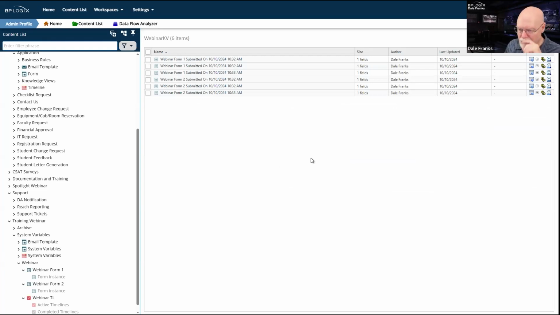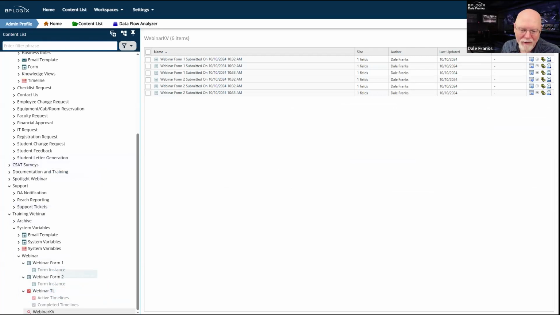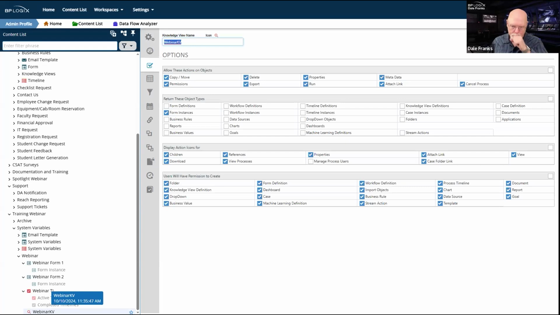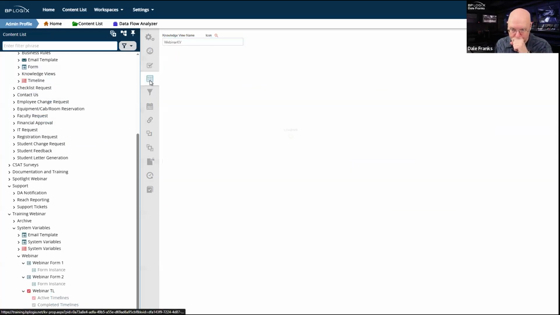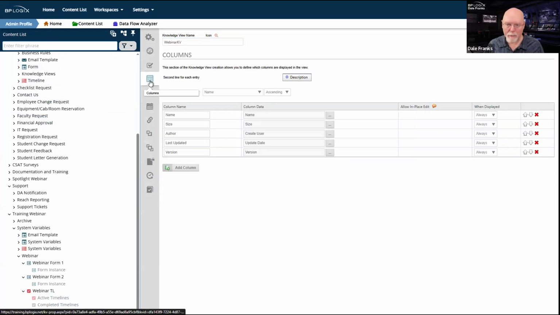Now here's where it gets tricky. I want to see what the value is of input 1. Well, if I go back to my definition and pop open the columns tab, can I drop in a form field name?